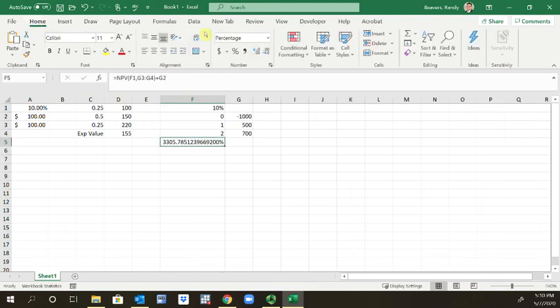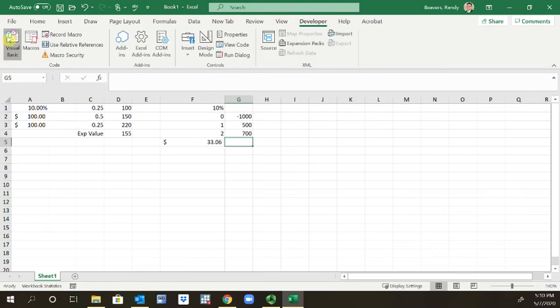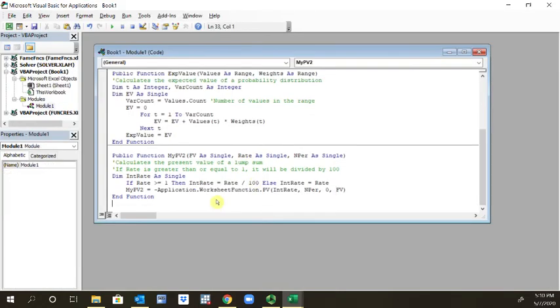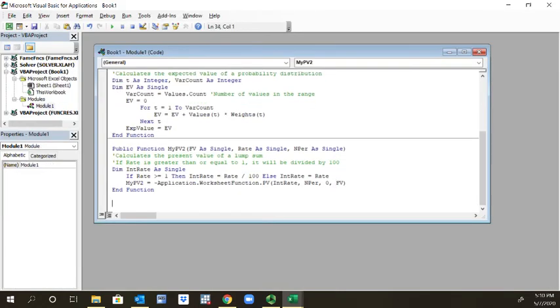And that is dollars. So let's create a function where we don't have to remember to put the period 0 cash flow on the outside, shall we? So here we go. We're going to go to Developer, Visual Basic, hit enter a couple times, and our function will be public function net capital present capital value parentheses rate as single comma